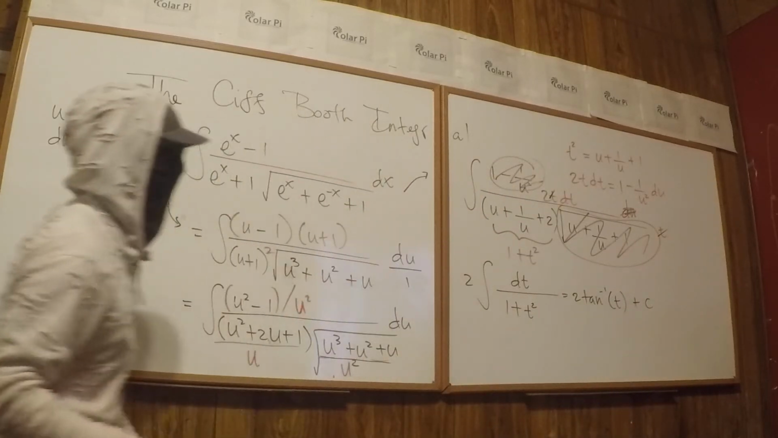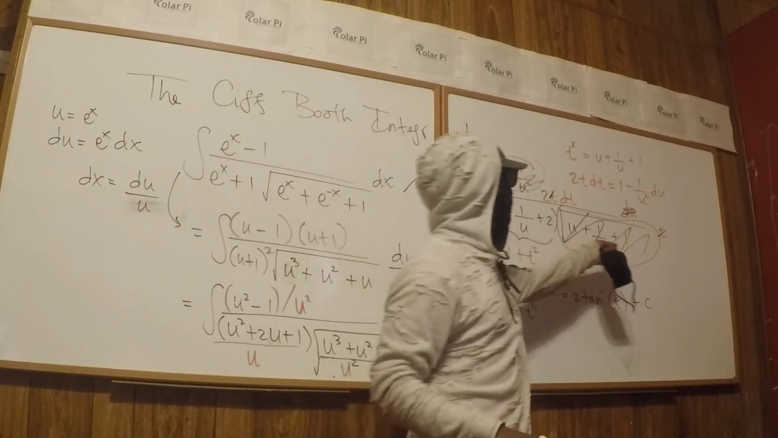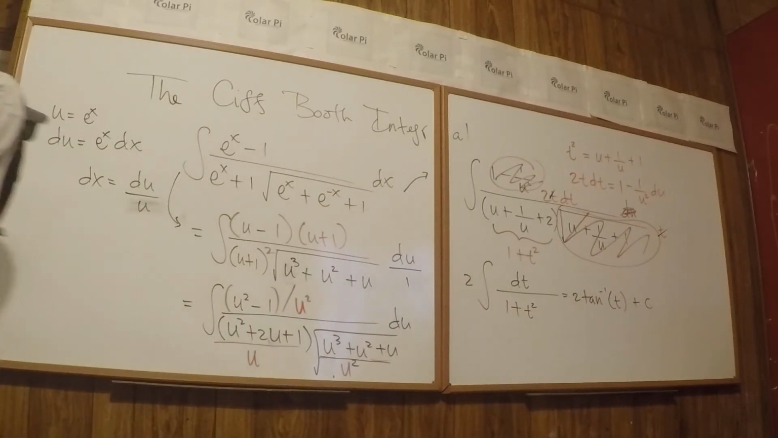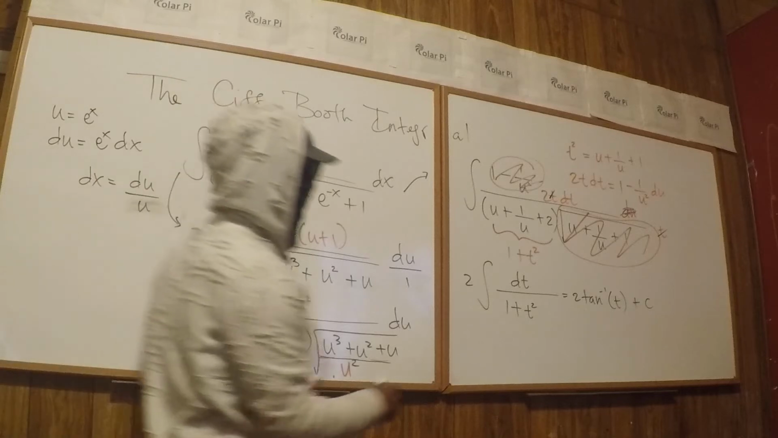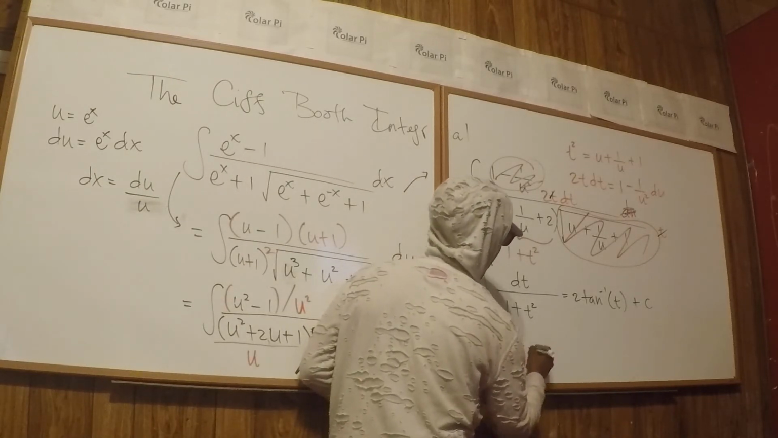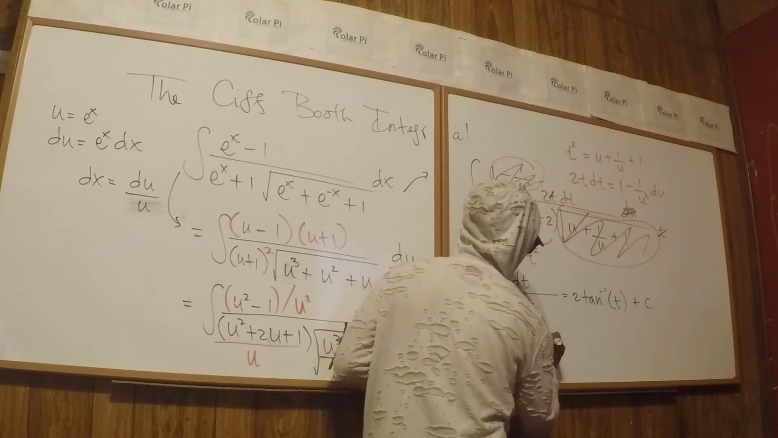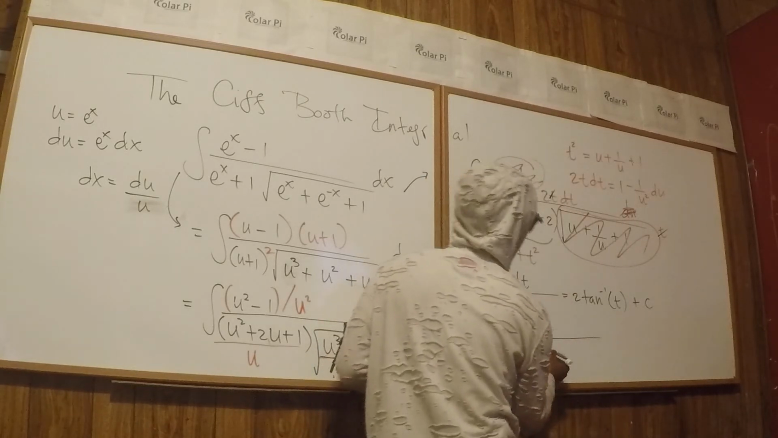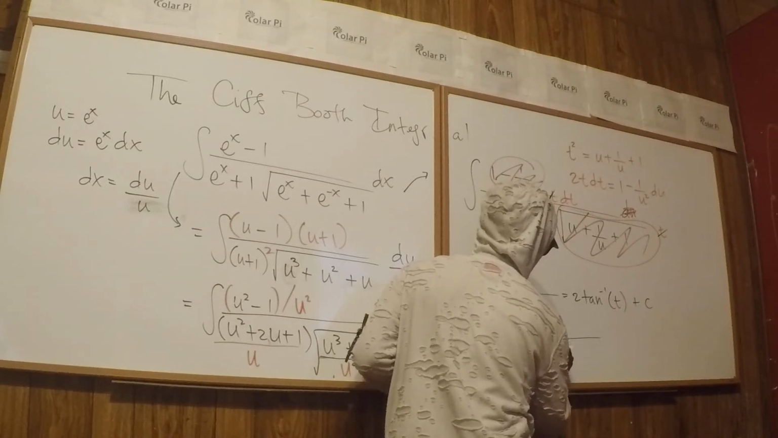But wait, what was t? T was the square root quantity, but in it is some u, and u is e to the x. So our final answer is going to say 2 tan inverse of square root of e to the x, right? And then